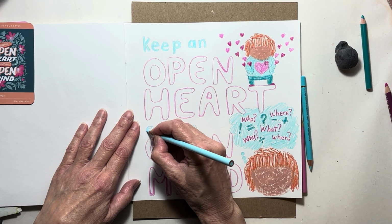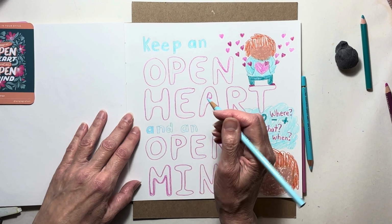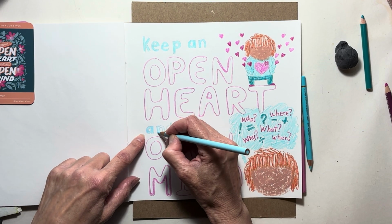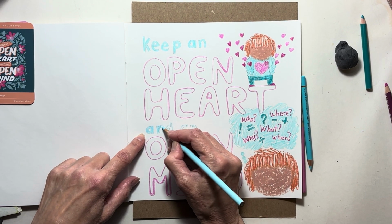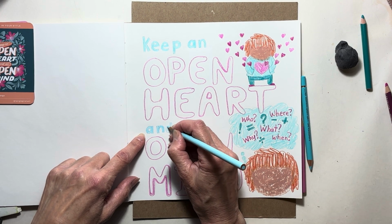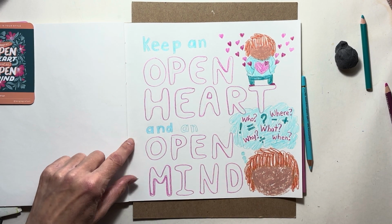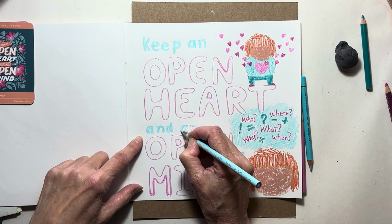But I don't know, the color doesn't really come across as well as I'd like on the phone, but you might be able to see that this is a little more of just a true blue rather than a greenish blue. And I like the greenish color, but